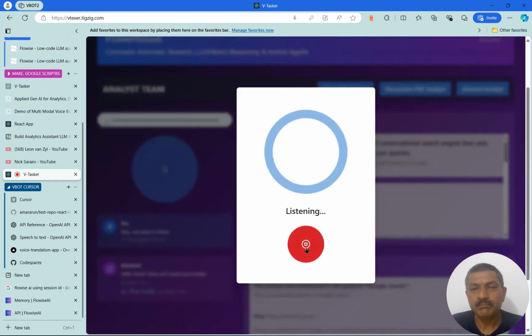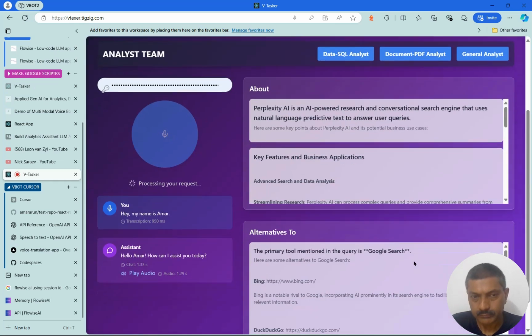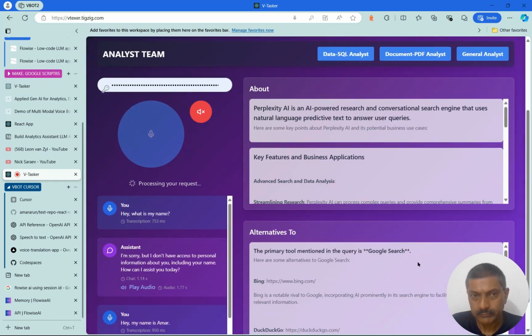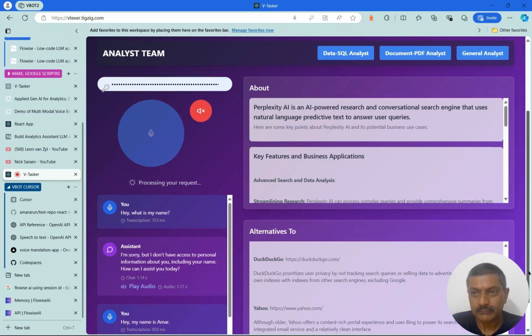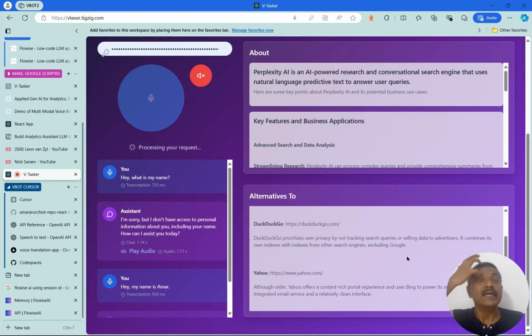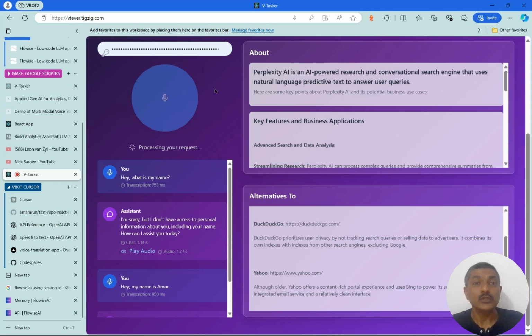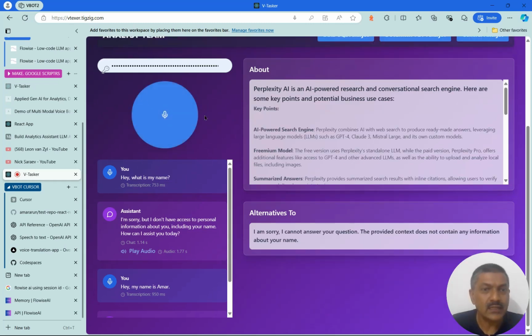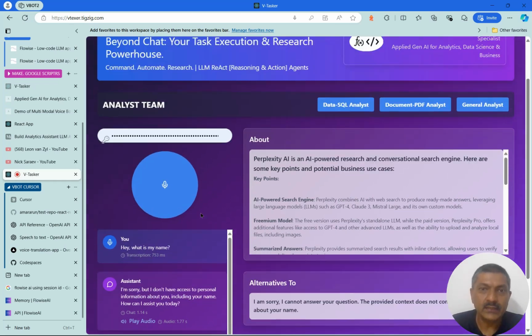Hey, what is my name? I'm sorry, but I don't have access to personal information about you, including your name. It doesn't have to. How can I assist you today? Right. So it is forgotten because I'm using this as a chat completion endpoint only. Each input message is different,